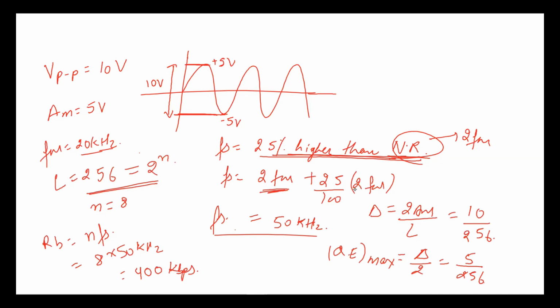Okay. So write down the next question. I think this is your third question. A message signal, which is given as m of t, is given as 10 cos pi into 10 to the power 5t. So this is your message signal. A message signal 10 cos pi into 10 to the power 5t is transmitted using PCM.